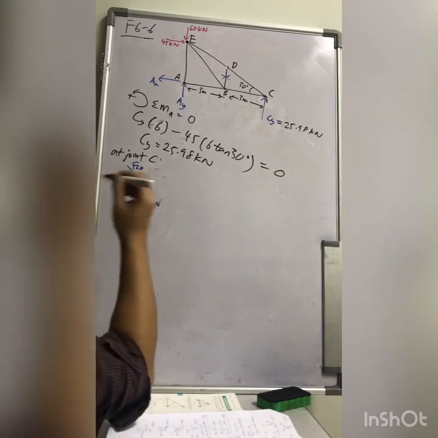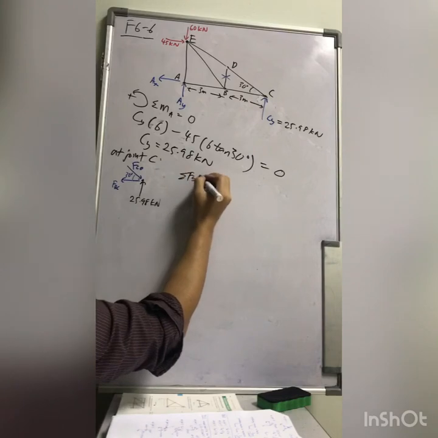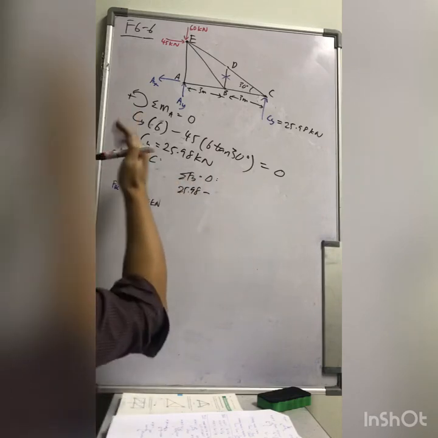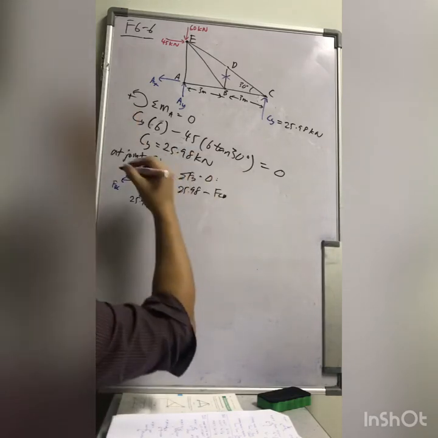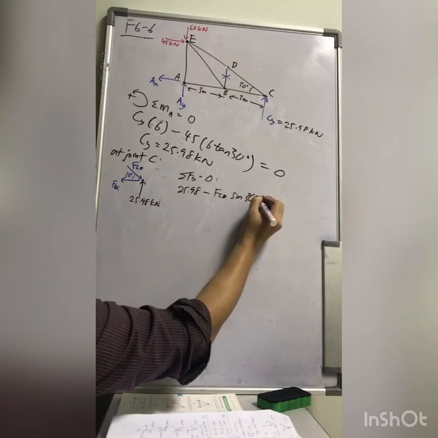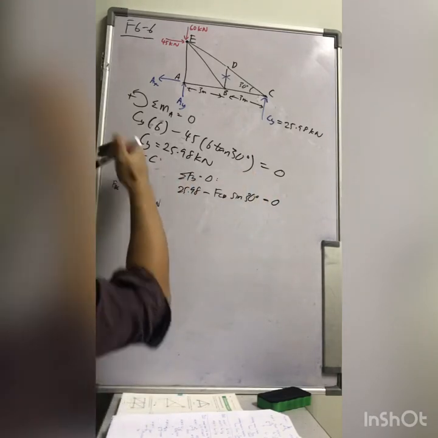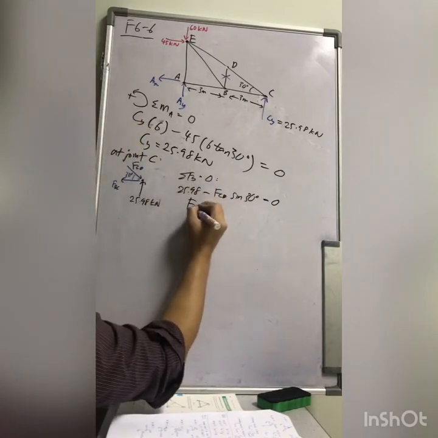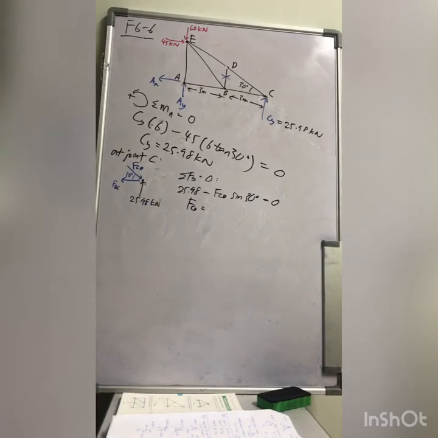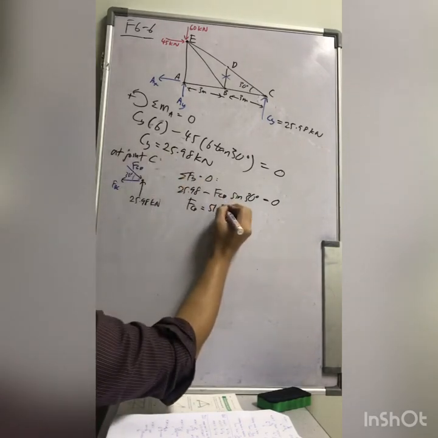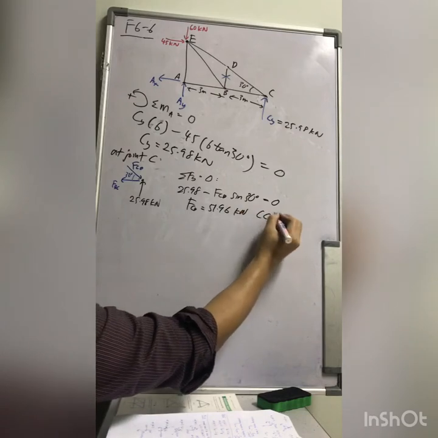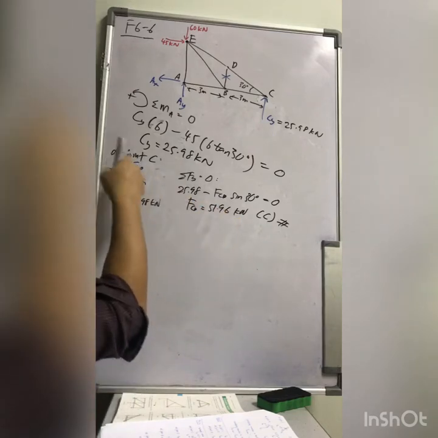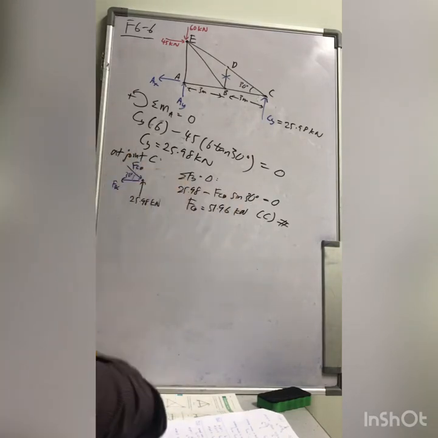Okay, so you do Fy equals 0 as your first equation. 25.98 going up positive minus FCD sine 30 equals 0. 25.98 minus FCD, the Y component is sine 30. So your FCD, the magnitude of it is 51.96 kilonewton. Hit the calculator, you get that one as is. And because it is positive, your initial assumption is correct and it is compression.